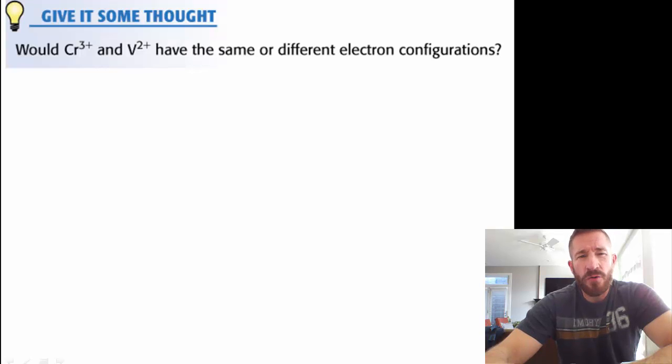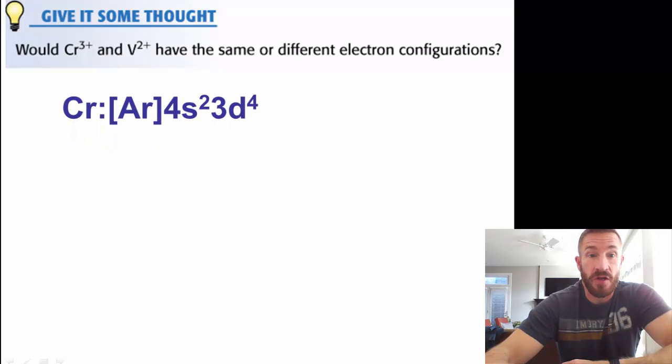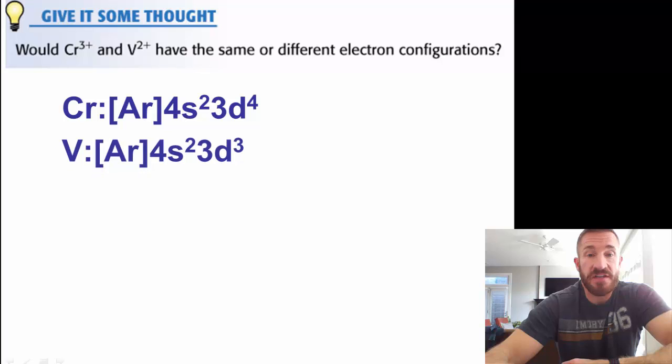Would chromium 3+ or vanadium 2+ have the same or different electron configurations? So let's start with the configuration of the neutral atom. There's chromium and there's vanadium. Now what's different from these? If I take 2 electrons or 3 electrons from chromium,